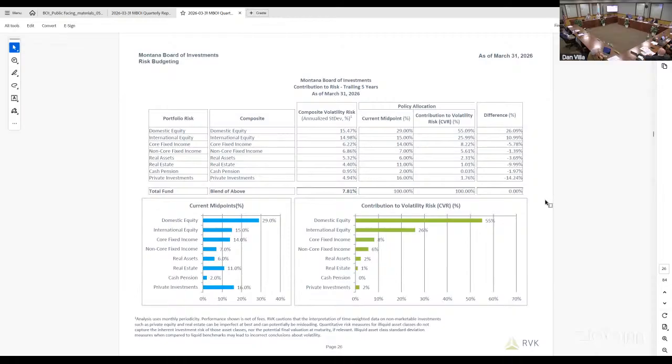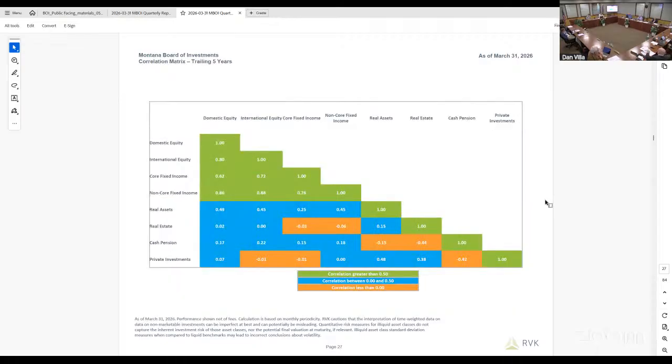And the last point I'll make is on the following page, page 27. We've talked a lot about risk and return and various measures surrounding that. But again, as we go into asset allocation season, the other thing we have to take into account is how correlated the asset class tools that we're using are to each other. Are we just adding more of the same thing and going to be overly subject to the movement of one particular market? And this is a good reminder.